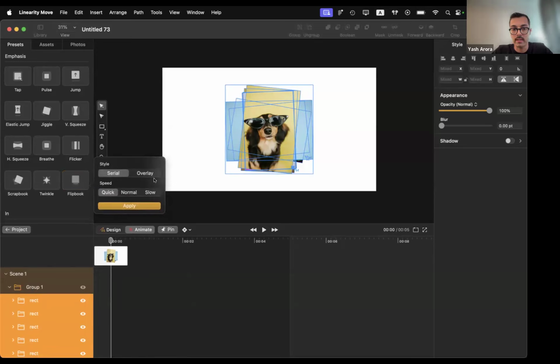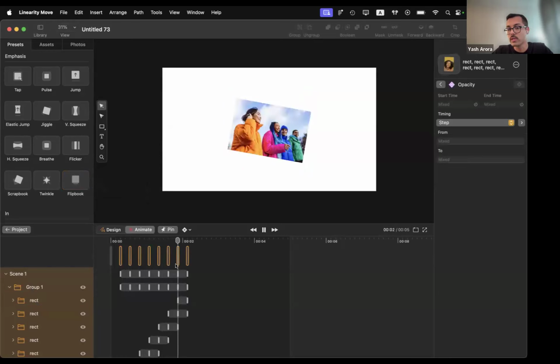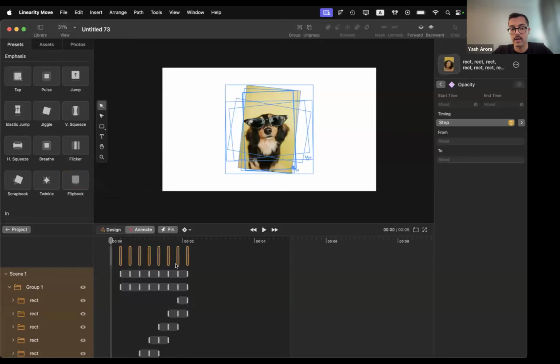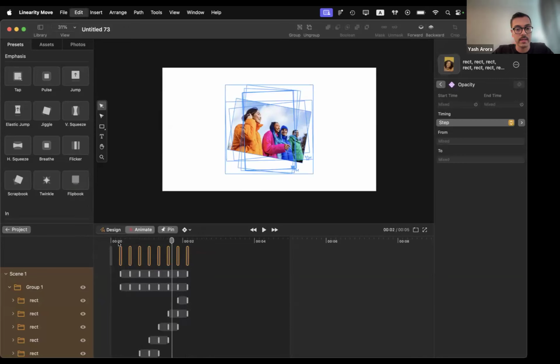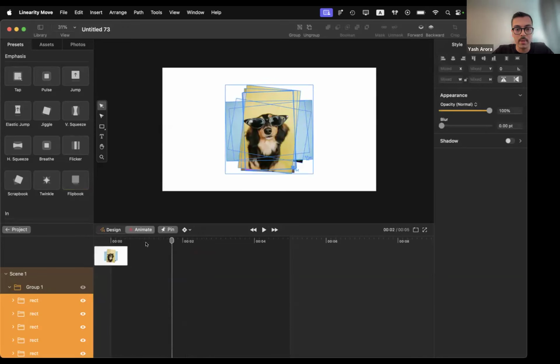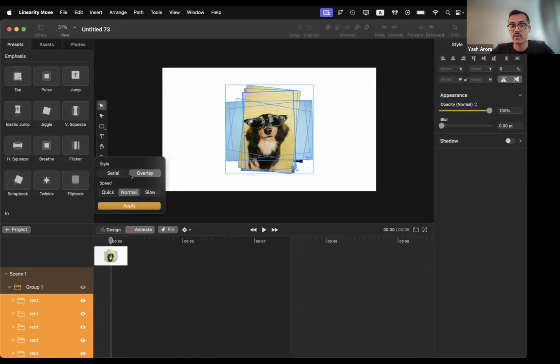Open more options, and then see if my configuration is correct, and then apply. So it will create this flipbook effect on all the images in the stack for me without me having to manually manipulate individual images. That's one kind of flip effect that I can create, but since it is a stack, I would prefer that the last image is shown, and for that I will choose